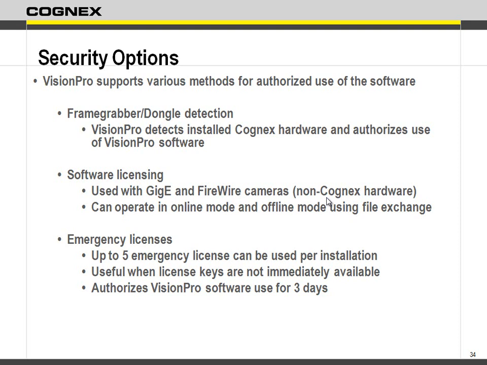Well, you're allowed to have up to 5 emergency licenses. What that will do is, as soon as you install it, it will allow you to run it for 3 days with full tools. 3 days. Okay? Then it will shut itself down again. That allows you to get through, in case it's a long weekend, to get back to Cognex and say, oh, my hard drive died. I wasn't able to uninstall it and install it again, but I need to get this going. So we'll say, okay, we know hard drives die. We'll go ahead and give you another license inside your license utility,